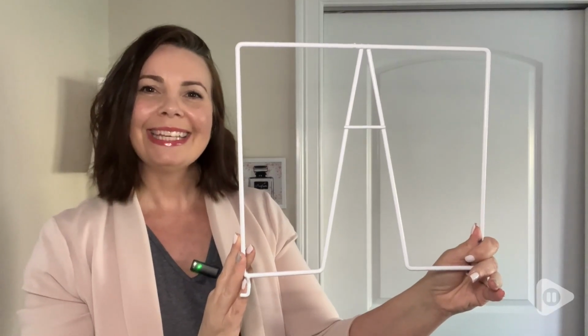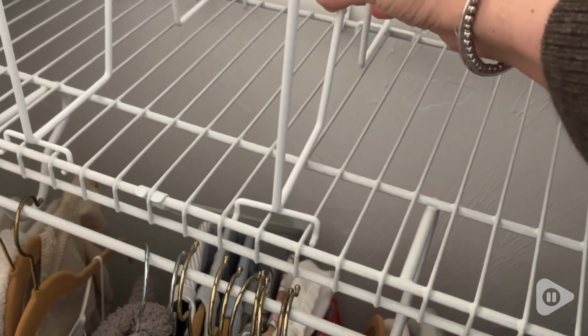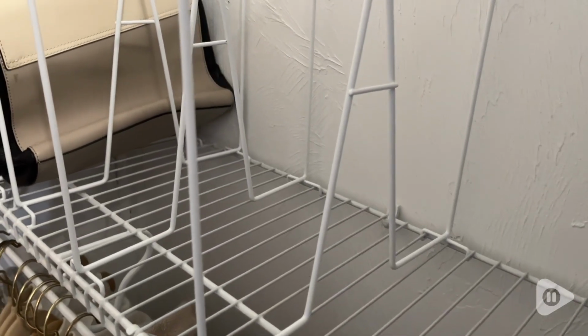Hi everyone, this is Heidi with WTI, and these wire shelf dividers make it so simple to customize my closet